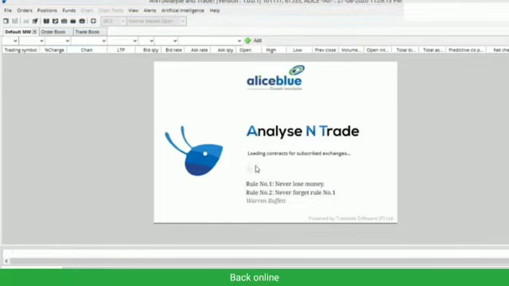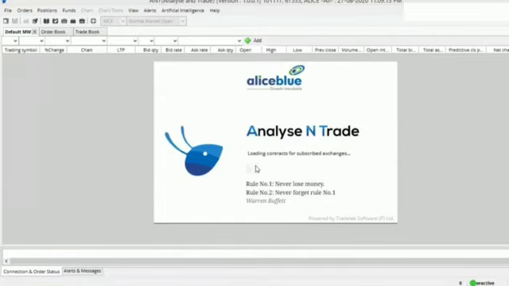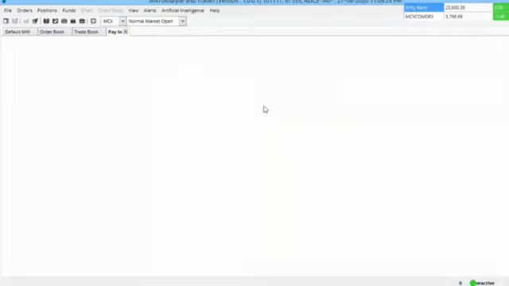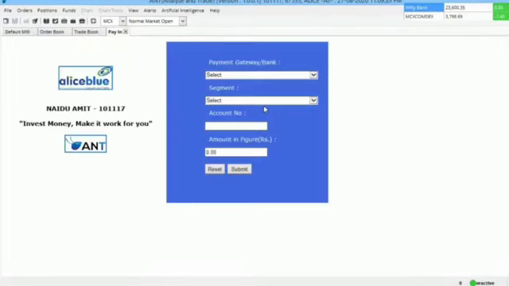This is the Ant Desk dashboard. Here you can click on Fund and then Pay in. You will be redirected to the payment gateway. Please note, Ant Desk does not support UPI. Fund transfer via net banking is only allowed.